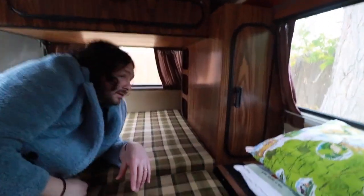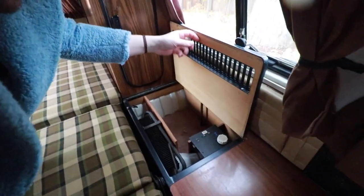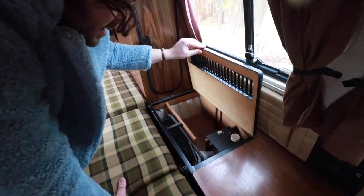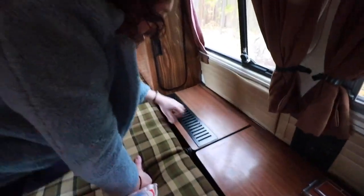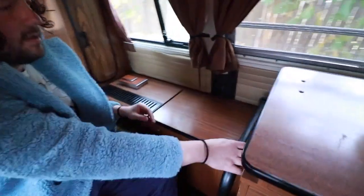And that's us. In here we have a heater. Again, these are all things that we're just trying to get the grip of and work out. It doesn't work. That we know of yet. In here,